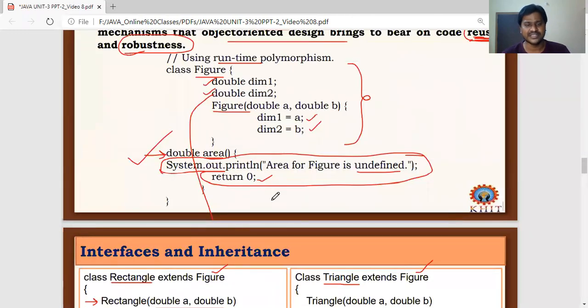Understand what this inheritance and interface concept achieved. Here in the superclass, one method is defined, double type method area, and it doesn't define any area implementation process. It is just a figure class and it only gives dimensions and the method representation.